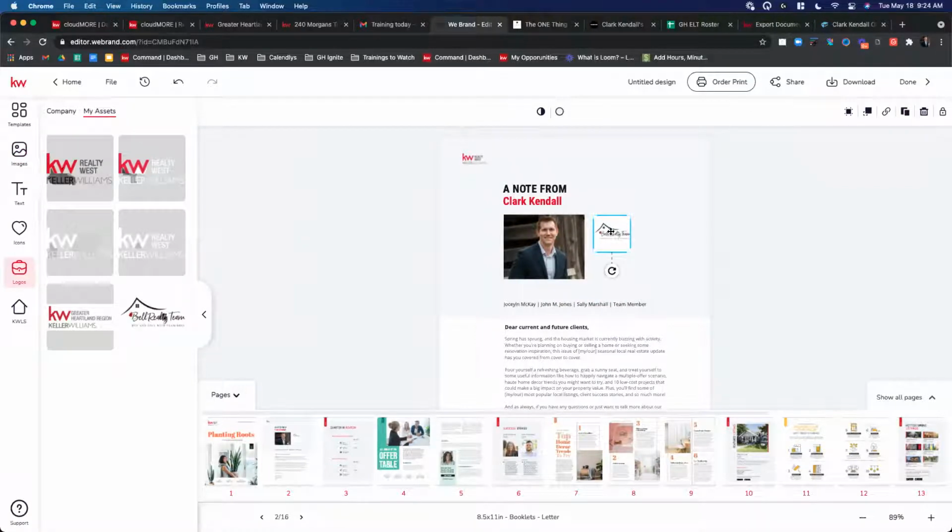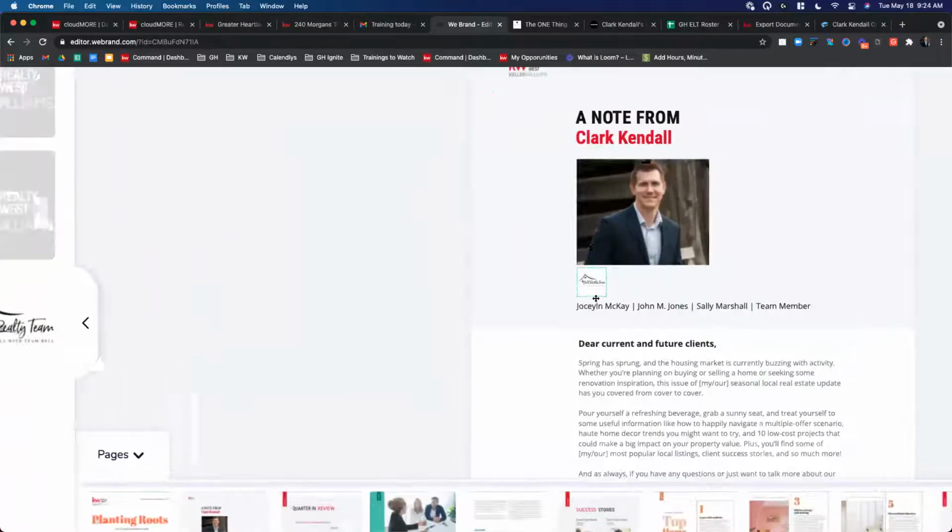This wouldn't be the logo I choose because this is a white background. If at all possible, use a logo that has what we call a transparent background. You won't have this white framing behind it, okay? But again, if I wanted to put this here and mimic what was previously there, you can see I'd have to resize that there.